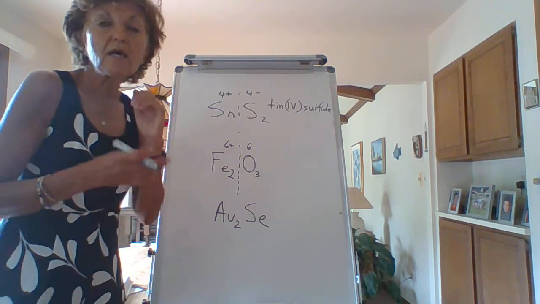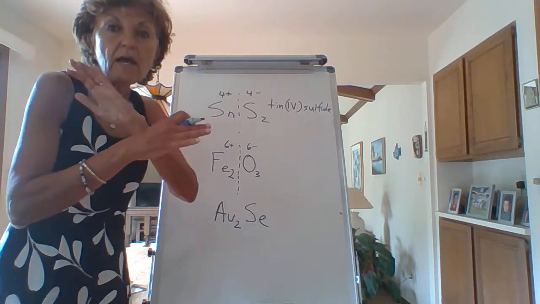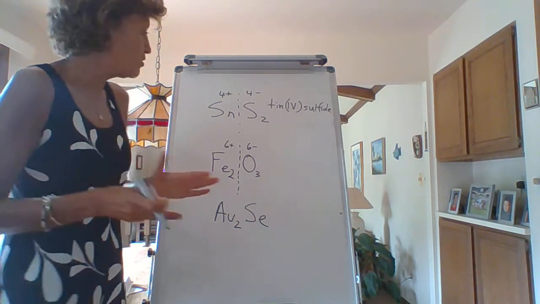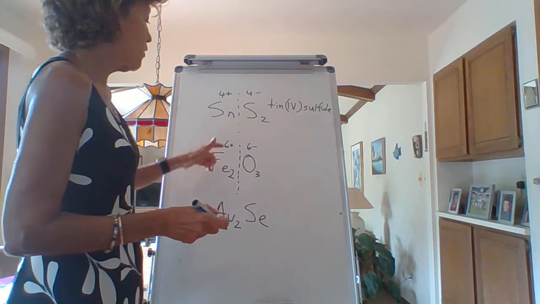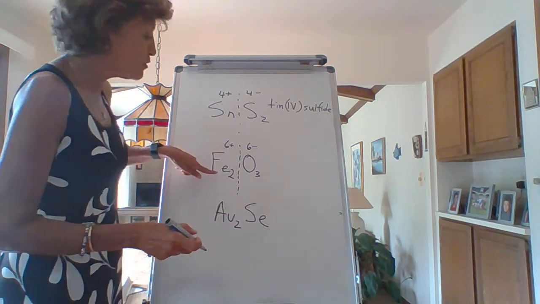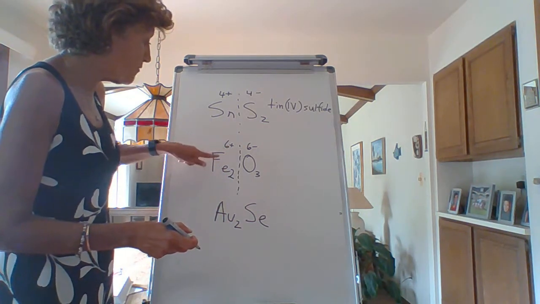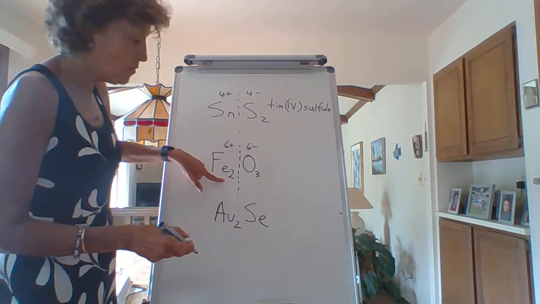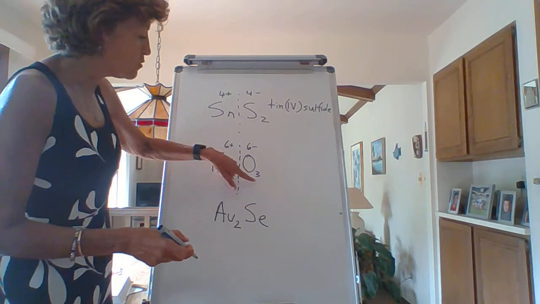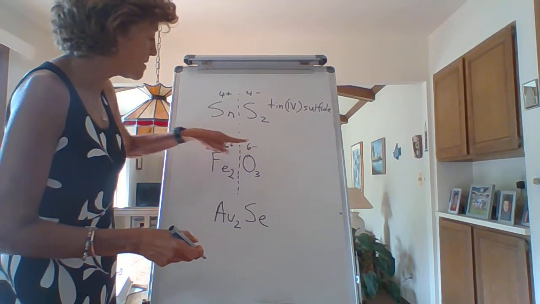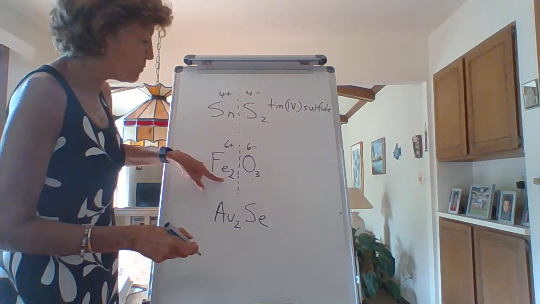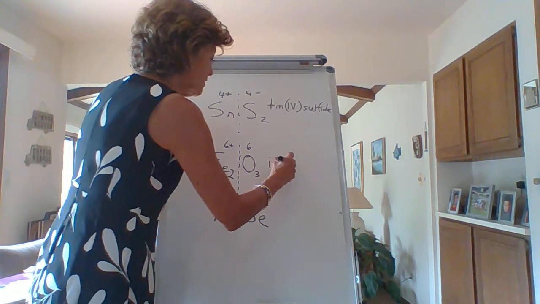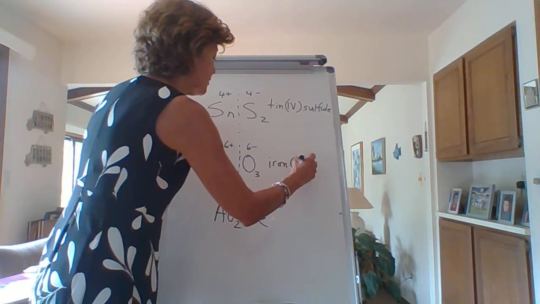Remember how I said an ionic compound has to be completely neutral. No minuses, no pluses, cancel each other out. They have to cancel. Okay, so if this is plus 6, I have 2 irons, not just one of them. So it'd be 6 divided by 2. Remember, this side it was minus 2 times 3 was minus 6. Plus 6 divided by 2 is plus 3, so that immediately tells you that this is iron, Roman numeral 3,